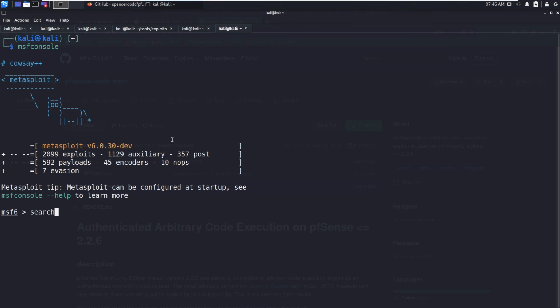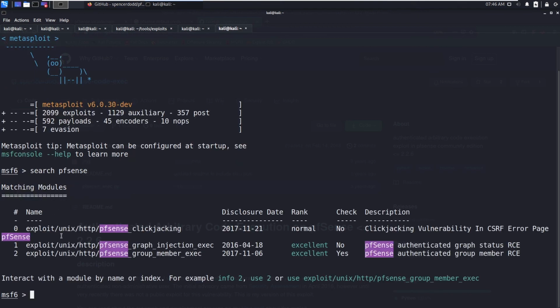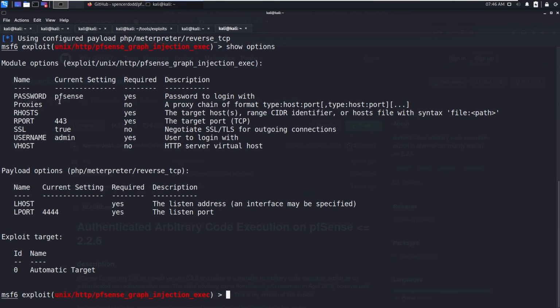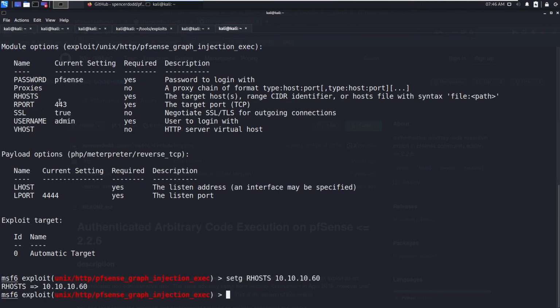Okay, now you can search for pfSense. You can see there are only 3 exploits. One is graph injection. You can use one. Show options, and you need to set the global RHOST to 10.10.10.60. You need to change the username to Rohit.